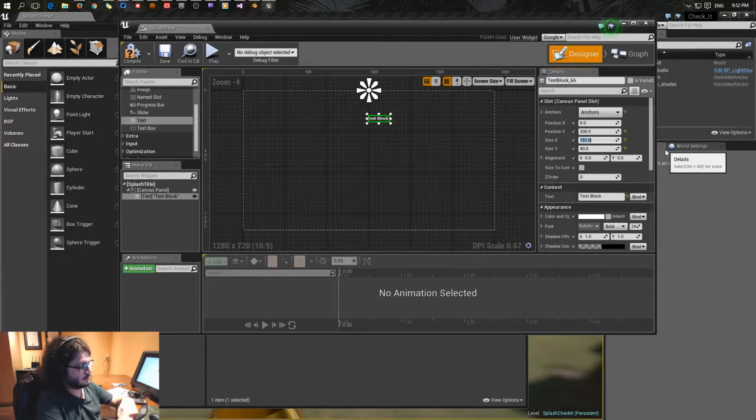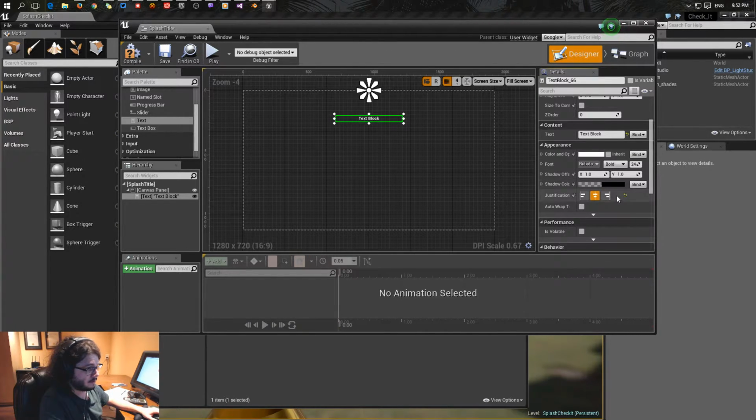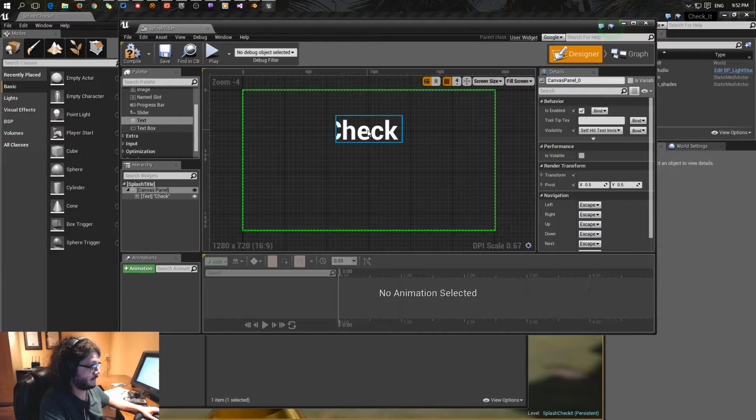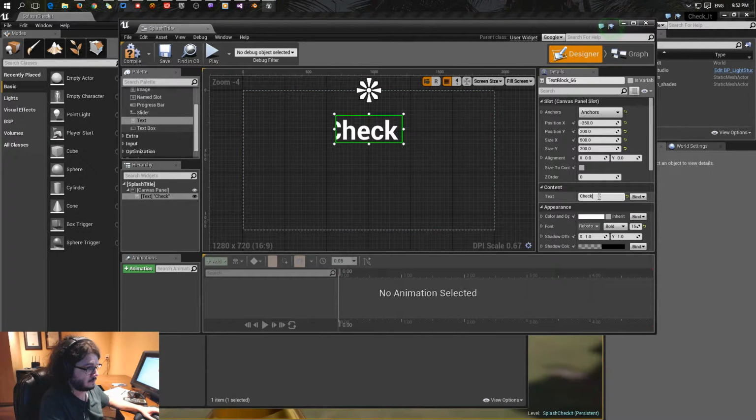Okay, so now we need to do size 500, let's say, but then position will be -250. And then we'll increase the font size to 150. That's 200. Do 1,000 actually. 500. Position Y is